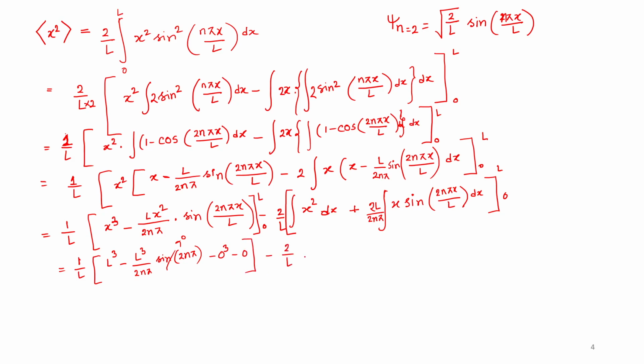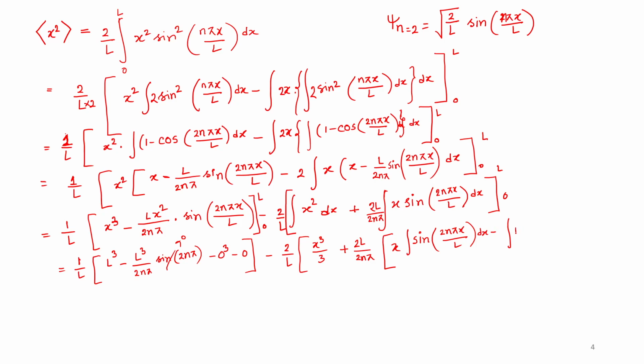So it will be 2 by L. Now it is x square, so it will again become x cube by 3. And this part will be interesting because it is still L by 2n pi, and it will be x integral sine 2n pi x by L dx minus